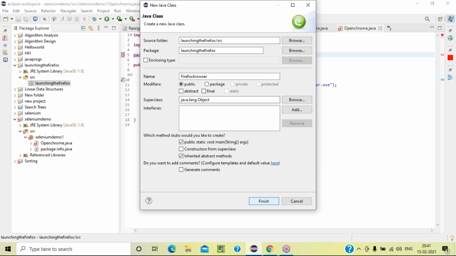Please remember, guys, when you're creating the class, the name should start with a capital letter, and you need to always select public static void main. No one will tell you all these things once you get into the job, so make sure you check all these areas, public static void main. Java will not be executed without main, right? You know that. So main is very, very important. Can you click finish?